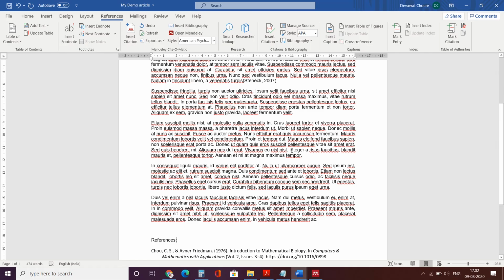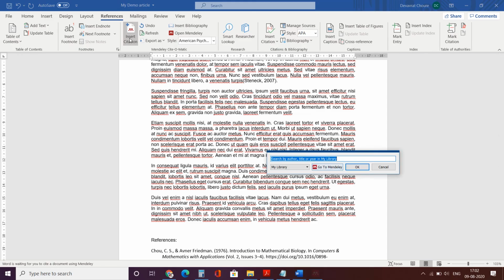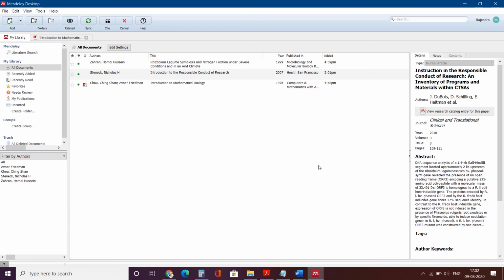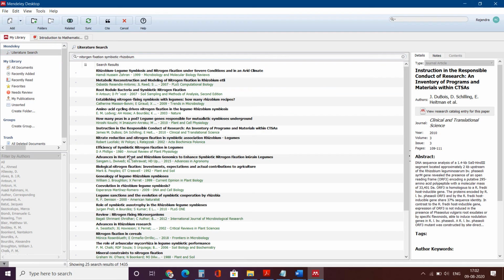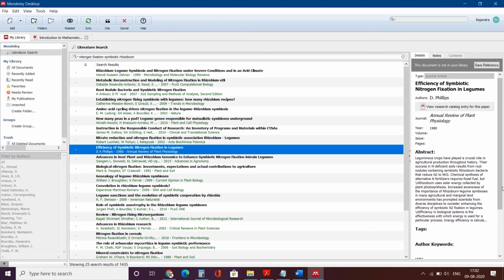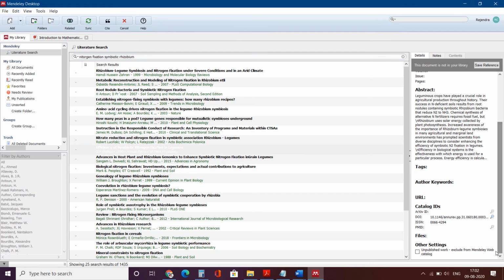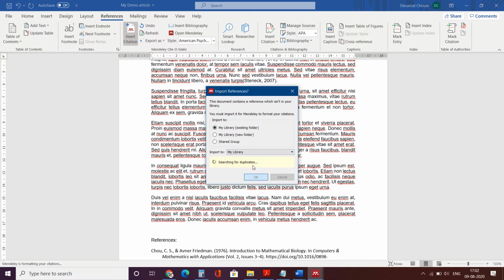Here I will click, because here I need to add that citation. I go to insert citation, go to Mendeley and go to literature search, because my papers are there in literature search. I will click this, and the information is not there. Again look up, it got populated. I will say cite. It got added.